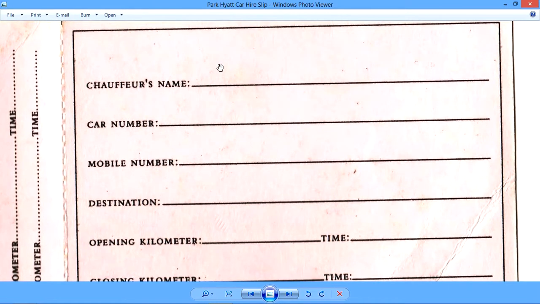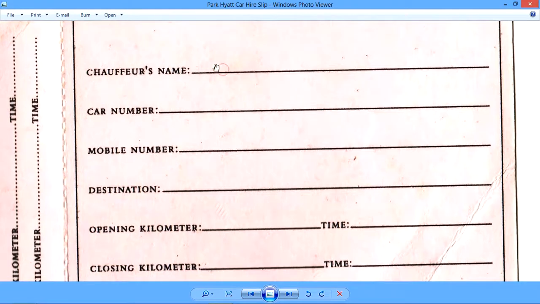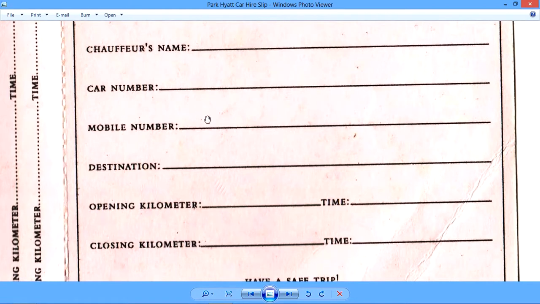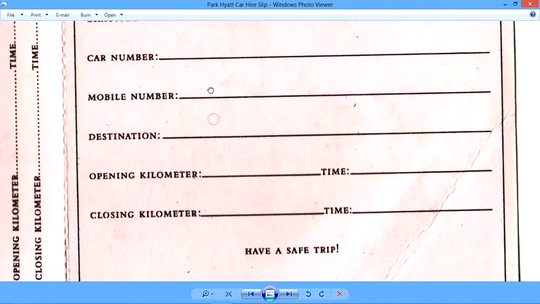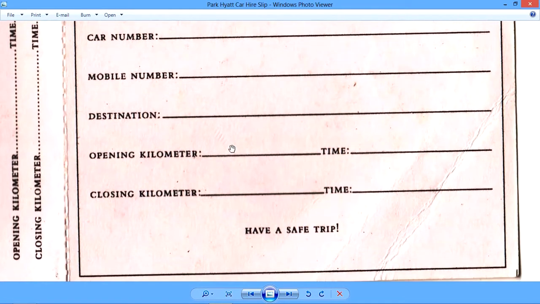So, for a chauffeur-driven car, the car number which is being given to the guest is mentioned here. The mobile number is of the driver, I'm sure. Then destination is the place where the guest is going. Opening kilometer can be found on the car's dashboard.